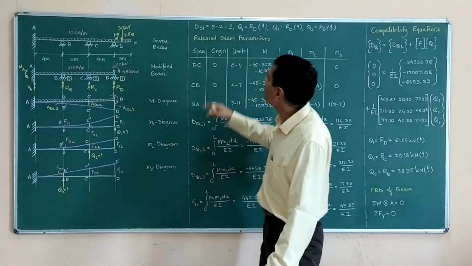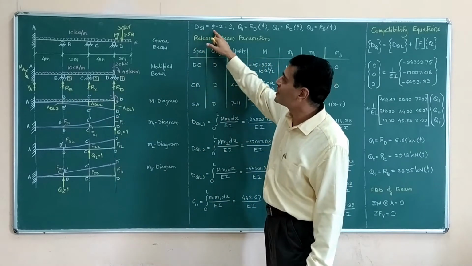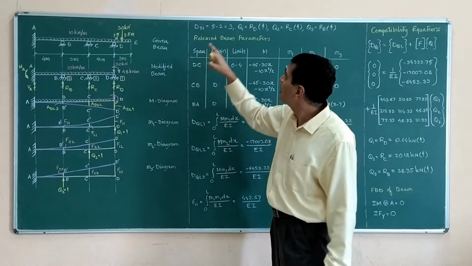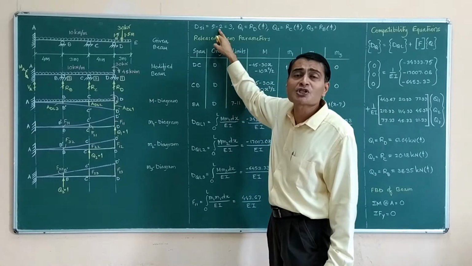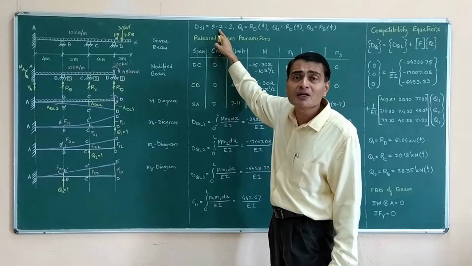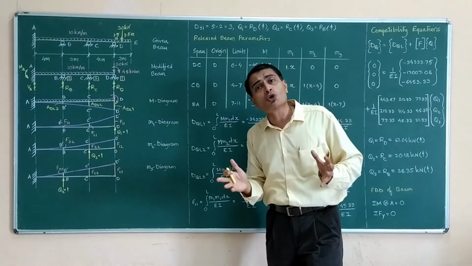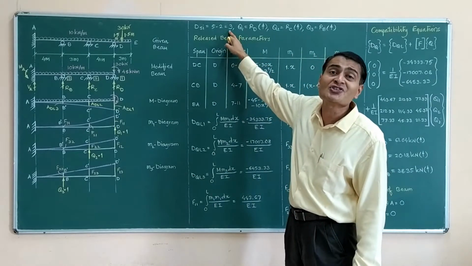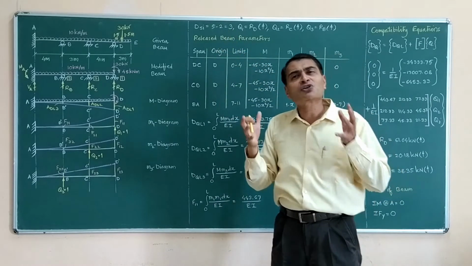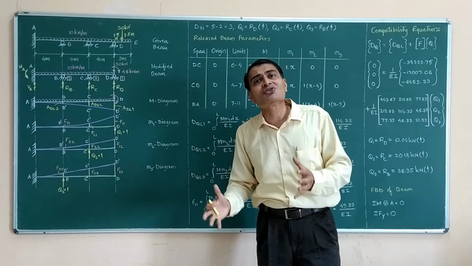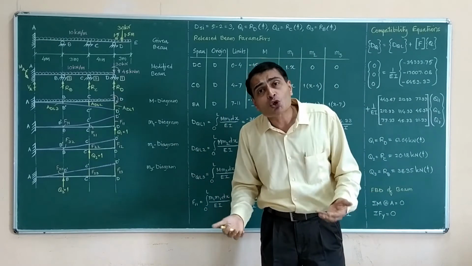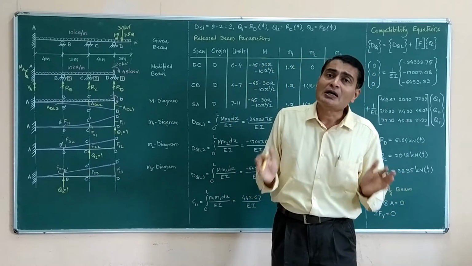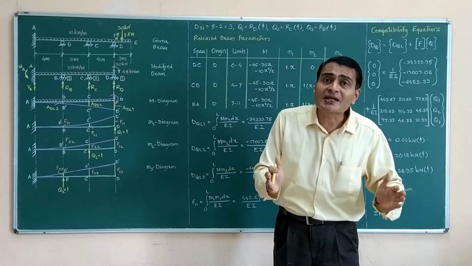Now I have written degree of static indeterminacy is equal to 5 unknown support reactions minus 2 equations of equilibrium available, ignoring sigma Fx equal to 0 equation. So my degree of static indeterminacy is 3. That means there are 3 additional reactions in absence of which also there would be equilibrium theoretically. Try to understand, this is theoretical discussion.